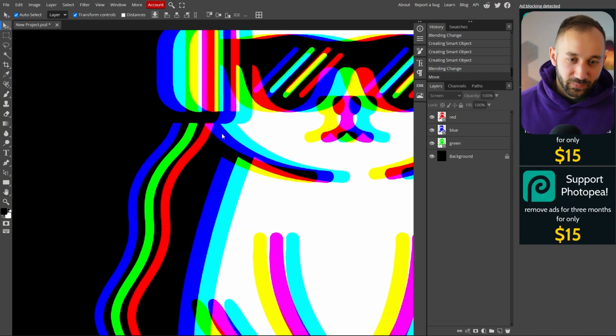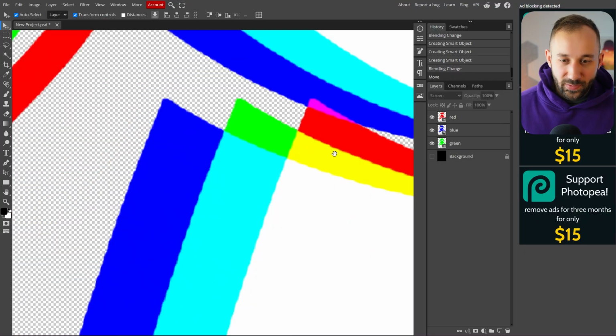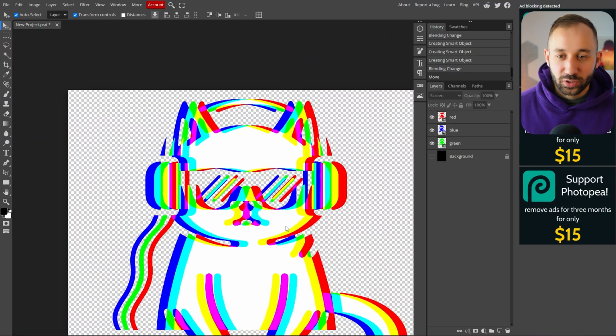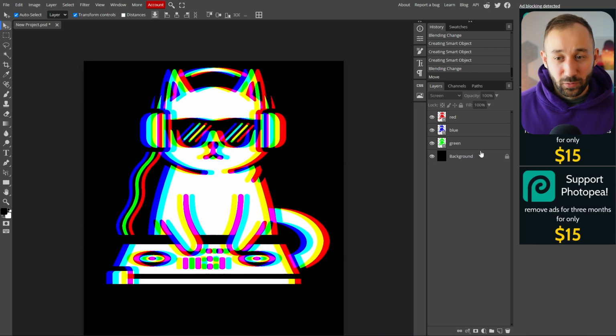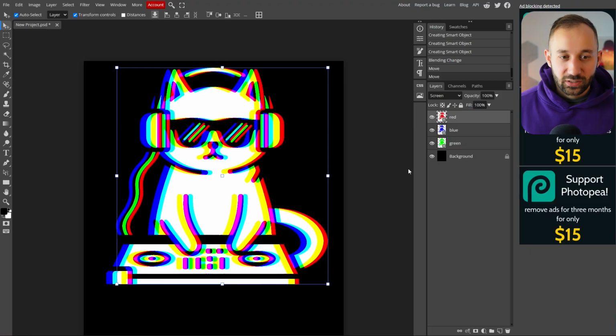And if you zoom in, you can tell that they are all actual shapes. If I hide the background color, they are actual colors. They're not just some half transparent overlay, and it looks pretty cool. And the nicest thing is, now that we've done this step manually instead of with AI, not only does it look more closely to the effect, but you can individually move these layers